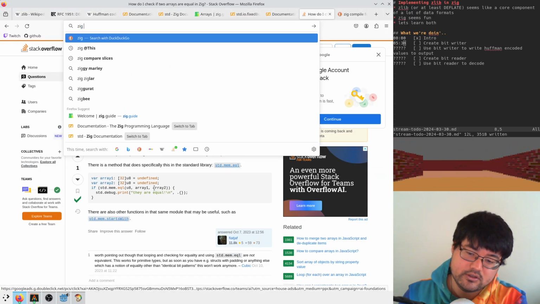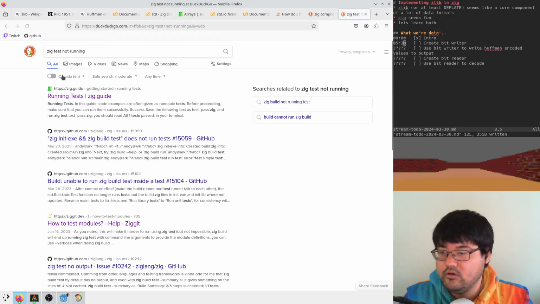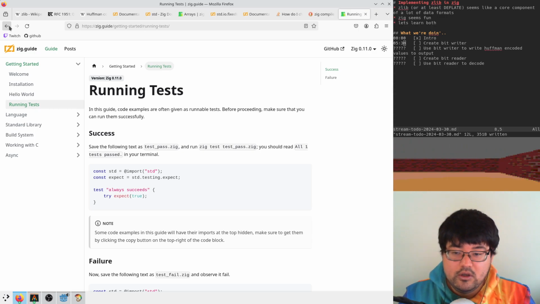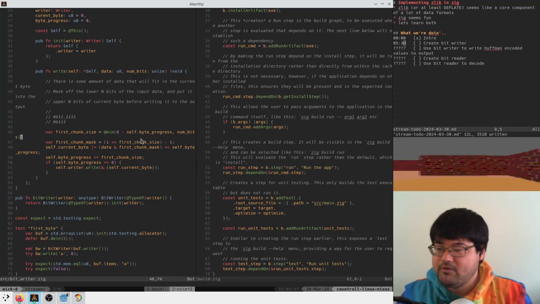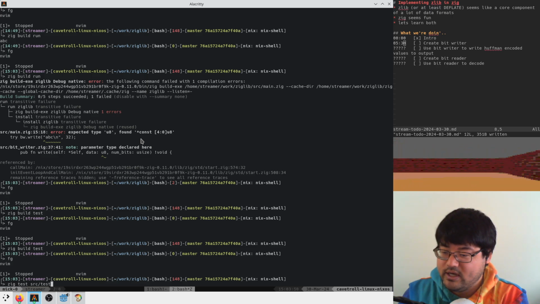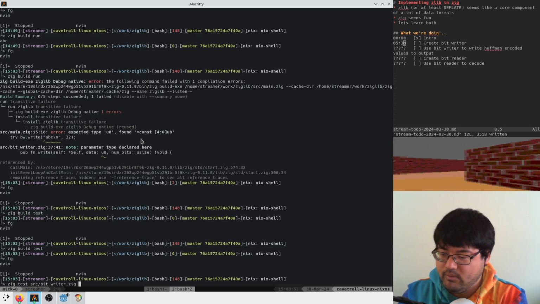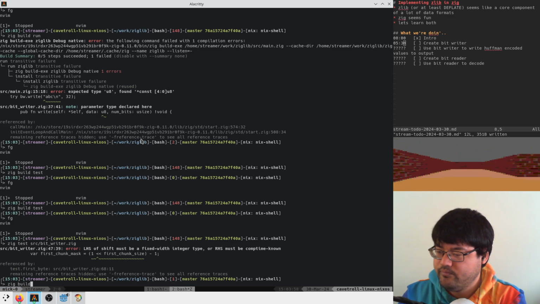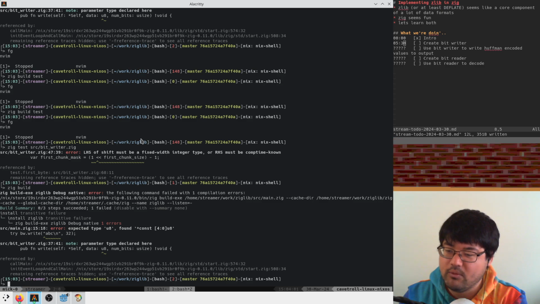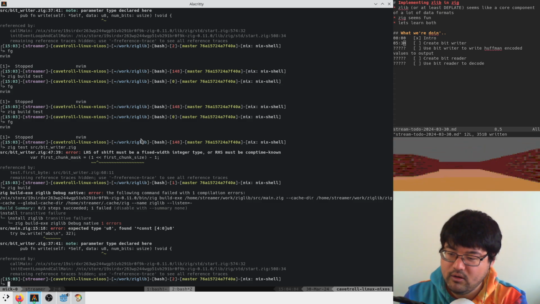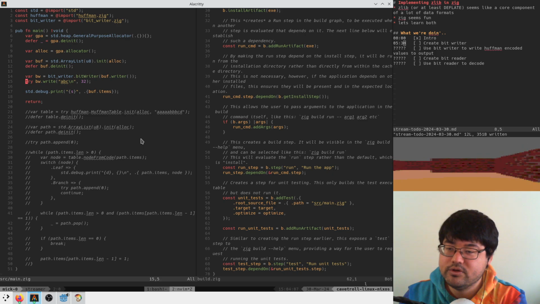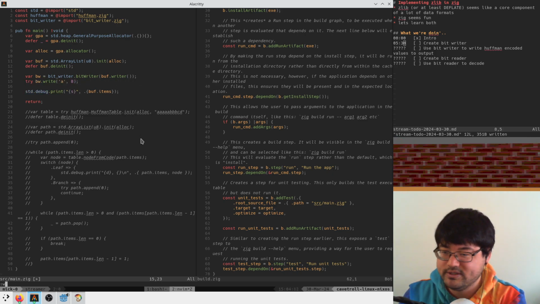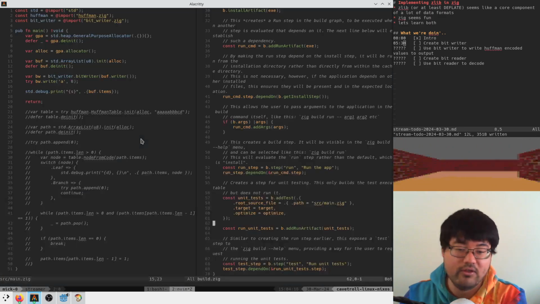Zig test not running. Running test blah blah blah. So I probably, if I run like zig test source test bit writer, that runs it. Oh, maybe because the build is failing, the test step isn't running or something. So here, if I said that I want to write the letter A with 8 bits, now we're failing to compile